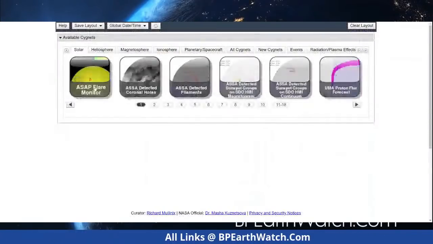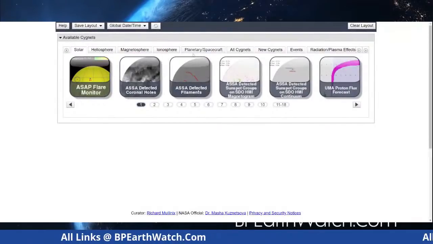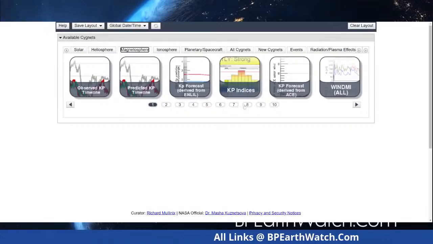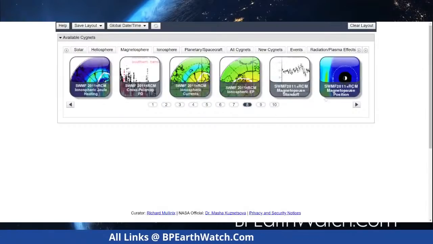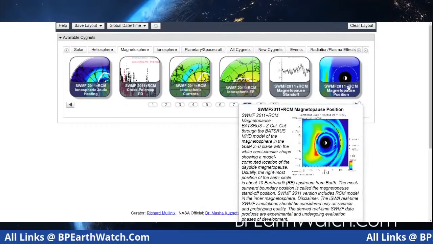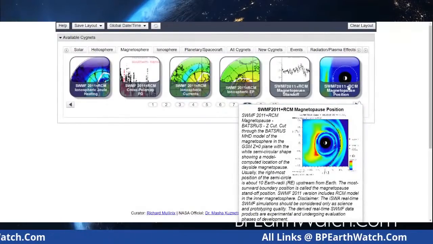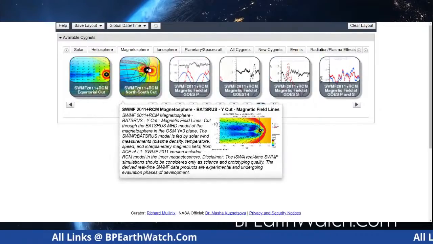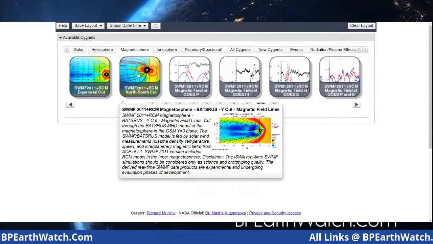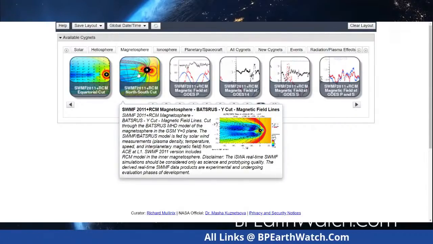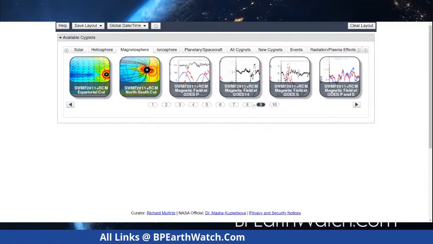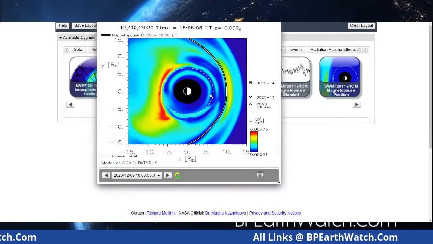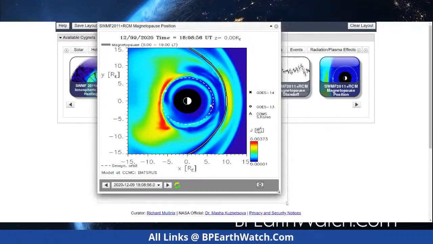And come to the top, you'll see different menus here and there's hundreds of segments, but go to Magnetosphere and come here to number 8. And this is the first of the 3 Magnetopause position monitors. If you go to 9, you get the next 2, and they give you a side and a top view and actually show you the magnetic field lines behind the sun. But let's go back here to 8, and this is one that's kind of easier to watch and gives you a pretty good idea. And I'll pull it up a little bigger.